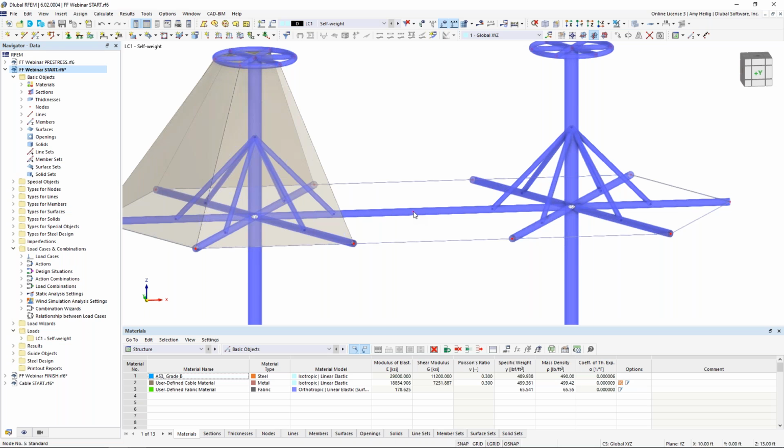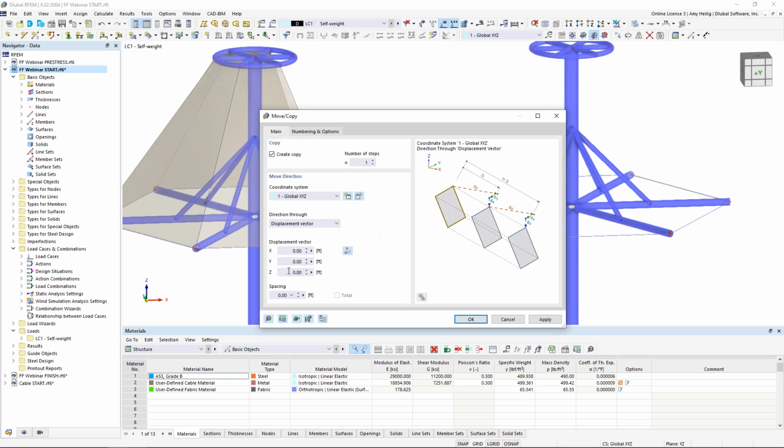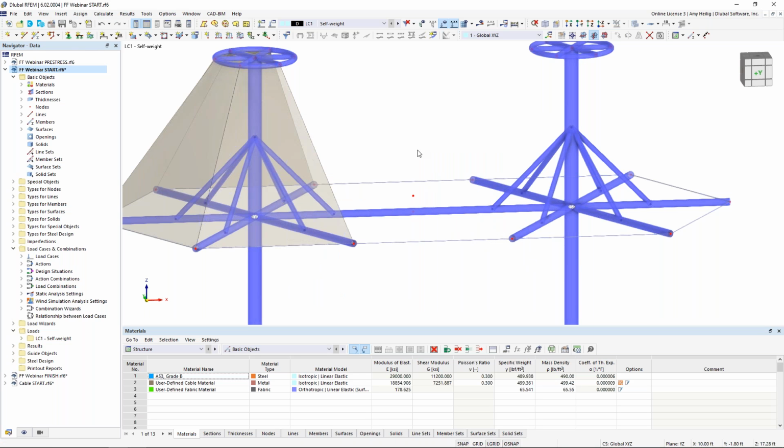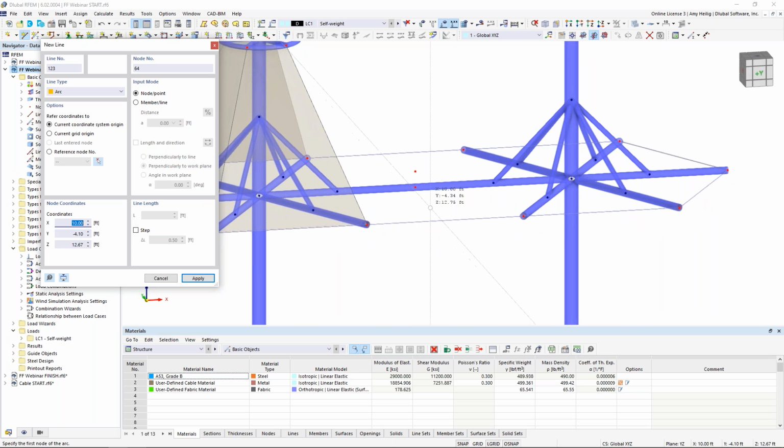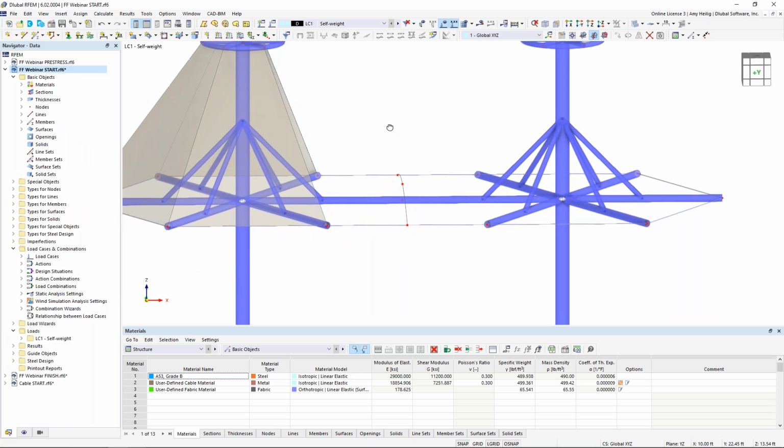So what I'm going to do is take this node at the center, I'm going to use the Move Copy tool to create 1 copy, and I'm going to move it 1 foot up in the vertical Z direction. So we just see that node copied there. I'm going to define here a new line element, but the line type is going to be set to arc. The object snap settings within the program allow me to detect here the center point of this front cable. My second point will be the top of that copy node, and my third point will be the center point of that rear cable. I can right click to exit out of this dialog box,